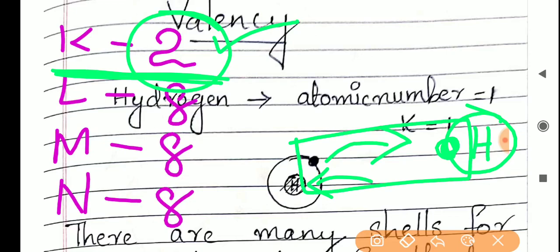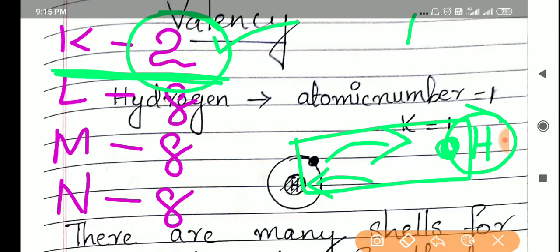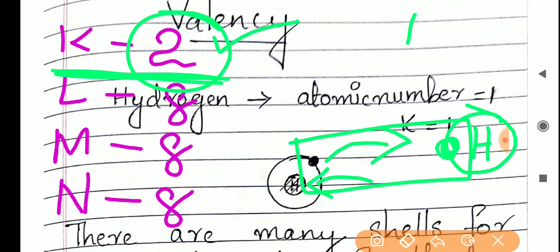So in the case of hydrogen, what will hydrogen do? Either hydrogen will lose one electron, or share one electron, or gain one electron, right? How many electrons is hydrogen losing, gaining, or sharing here? Only one electron. So the total number of electrons that an atom can lose, gain, or share during a chemical reaction to attain stability, the main point being to attain stability, is known as valency.